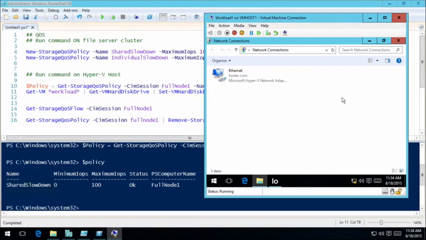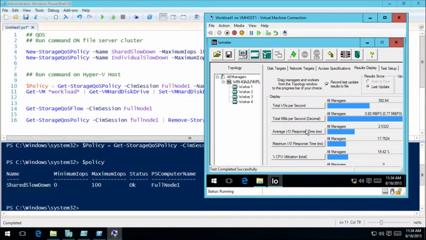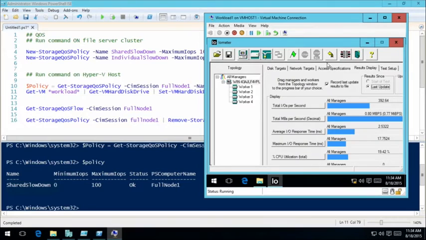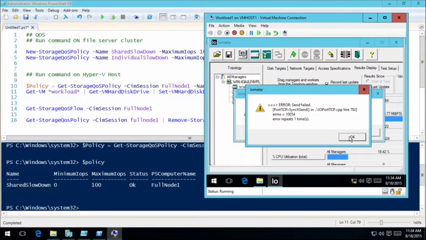Here's the VM, and I'm going to run the old iometer tool. The old iometer. It is very old. Not this version. Well, iometer's been around. This is using literally just the default access spec, so I've done nothing fancy with it. Just run IO and display the results live. And so we run that. You can see that this particular,